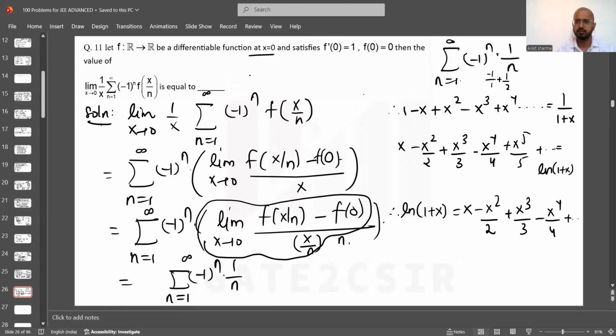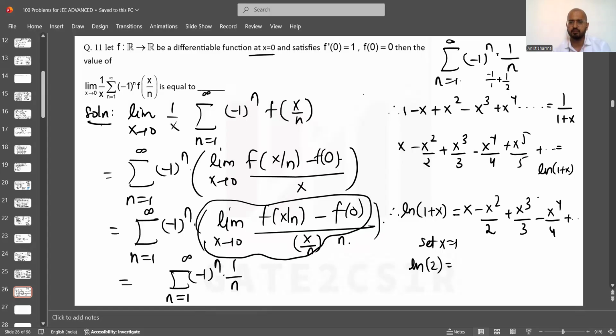Yeah, we'll rather plug in x is equal to minus half. I'll plug in x is equal to minus half because we need to get this here. So if I plug in x is equal to minus half, no, but this is not giving me the exact thing. Wait a minute. We can plug in x is equal to 1 first because we have minus 1 power n over n. So if I set x is equal to 1, then in this case I get ln2 is